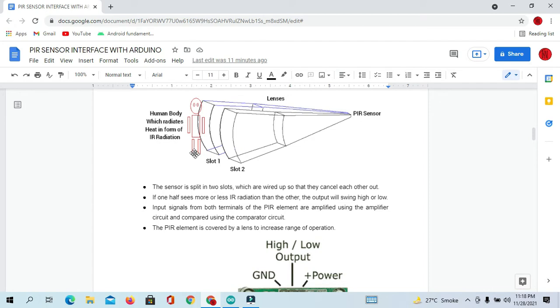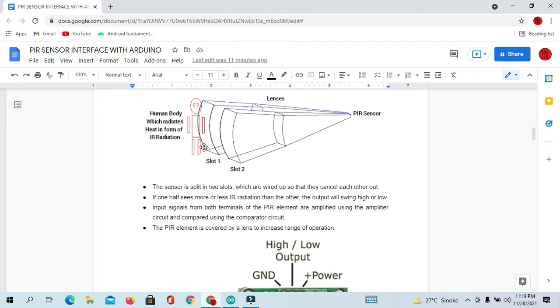Let's suppose you are entering from this way, so the first slot will detect first. After that, if you move ahead, then the second slot will detect. So basically, when you enter, the first slot detects and gives a high voltage to that pin.